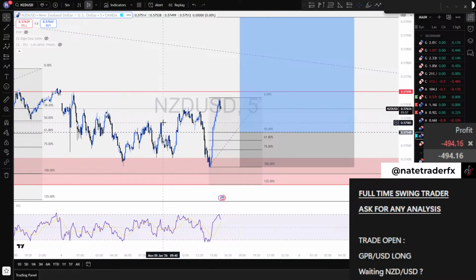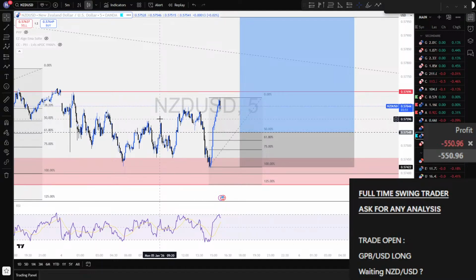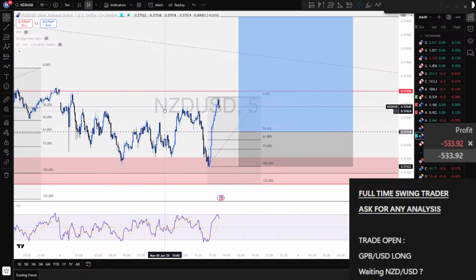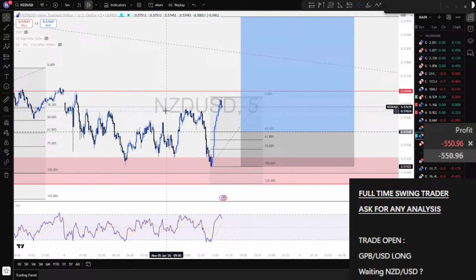Because on paper, if we are looking only the chart, NZD/USD give you every confirmation you need in every time frame. Go long, but I need him to give me my pullback basically.